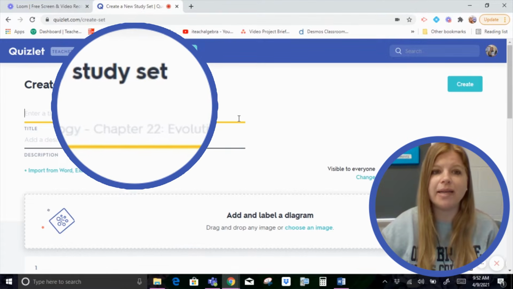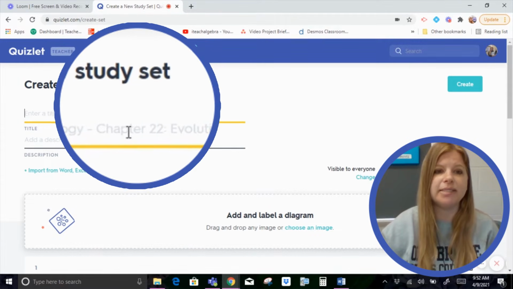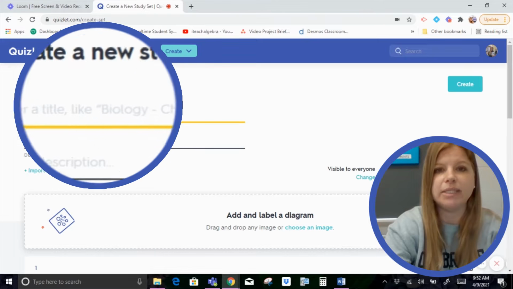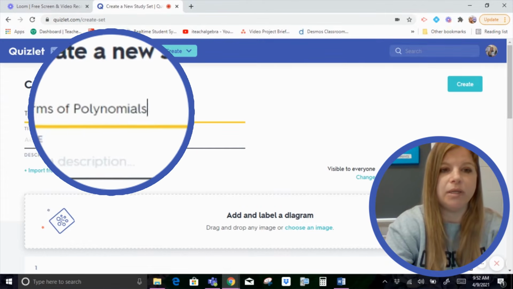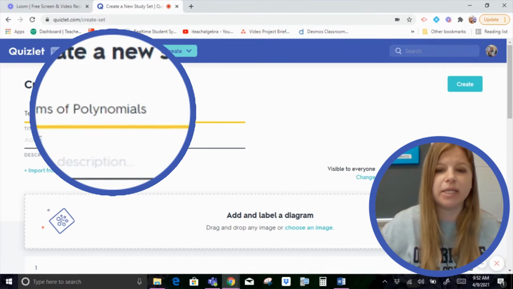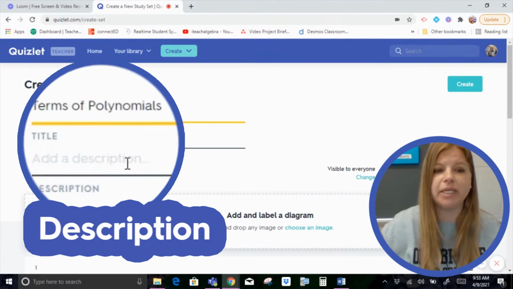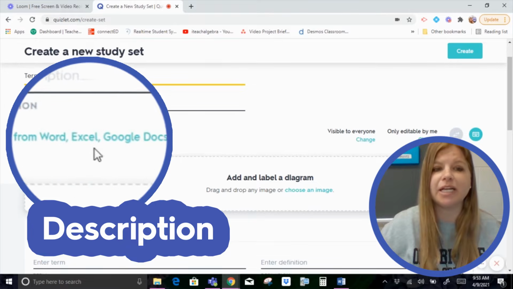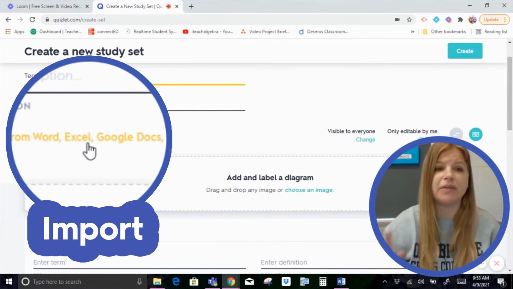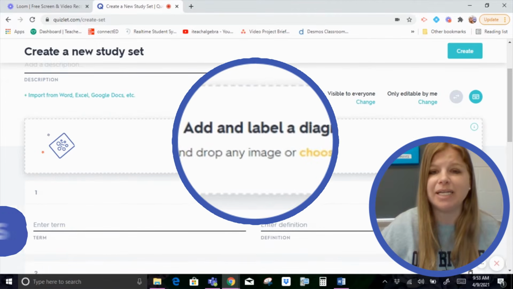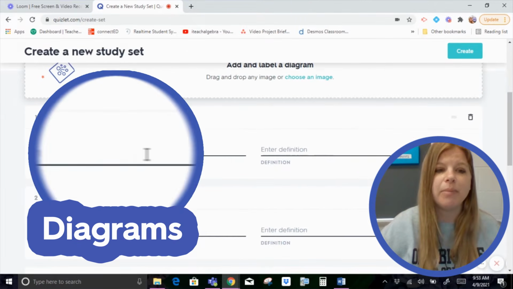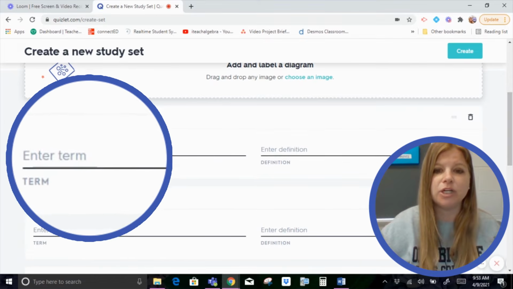So I'm going to go ahead now and create a new study set. Let's say I'm putting in that I want to study terms of polynomials. I can put in a description for this. I can import some terms and definitions from a Word, an Excel, or a Google Doc. I can put in a diagram if I wanted to, but here's where we really get to it: terms and